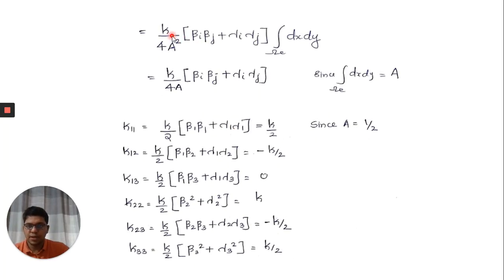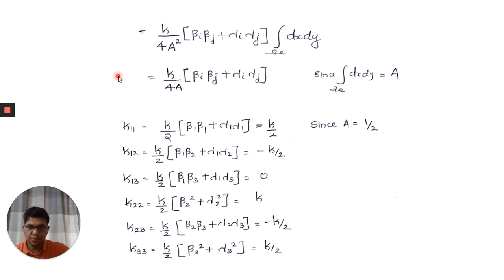Now you can understand that k, equal to 1 unit, is a constant, the area is a constant, and beta i, beta j, beta 1, beta 2, beta 3, gamma 1, gamma 2, gamma 3, everything is constant. So everything you can take out of the integration. So what is inside the integration? The integration over the entire area dx dy. So this quantity represents the area of the element. If you substitute A for the area of the element, then finally you get the simplified version: k divided by 4A times beta i beta j plus k gamma i gamma j. This represents the values of an element stiffness matrix Kij.